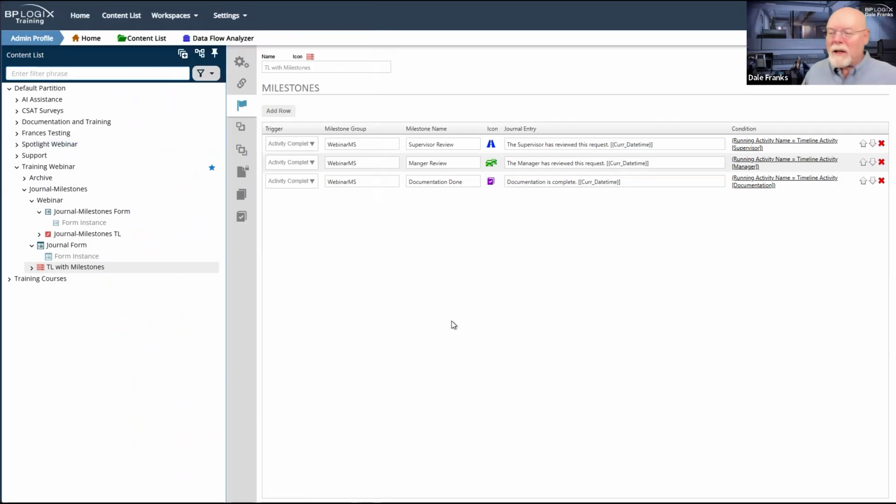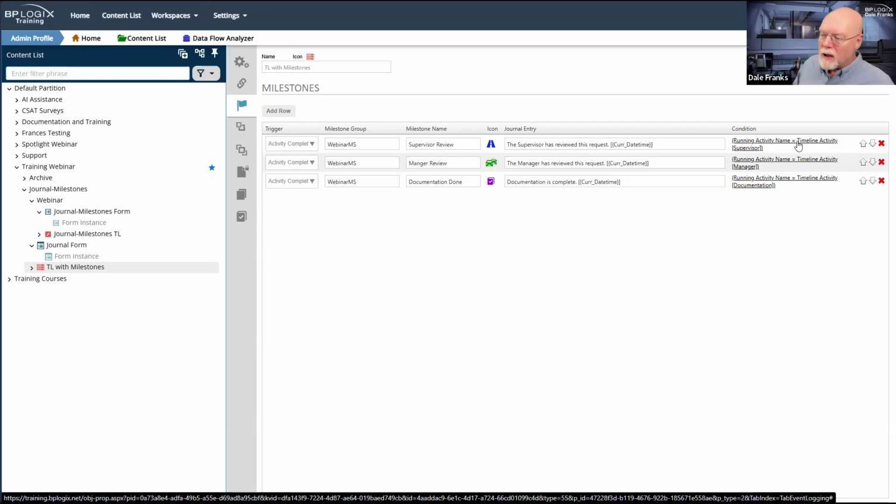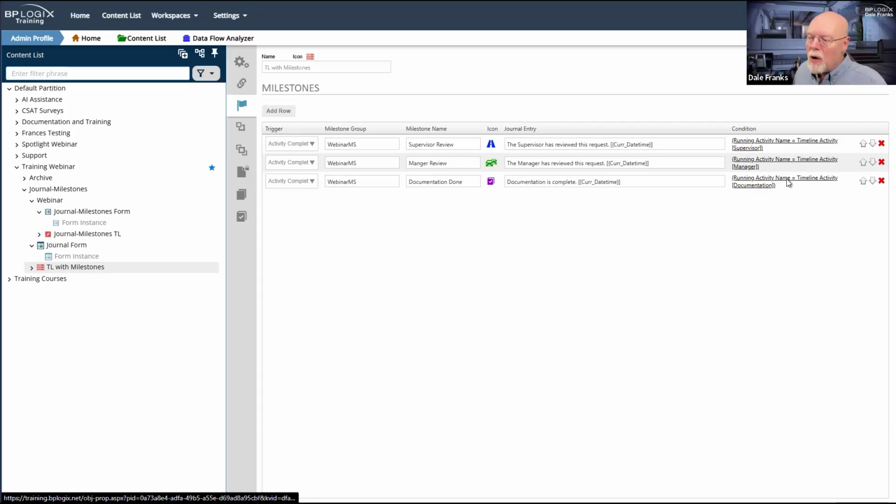So these are my timeline milestones. All three are happening when activity is completed. Now, the reason that I have 3 on activity completed is because of the condition. I want the running activity name to equal whatever the running timeline activity is, supervisor, manager, or documentation. So different messages are going to fly based on the different activities that are being completed.